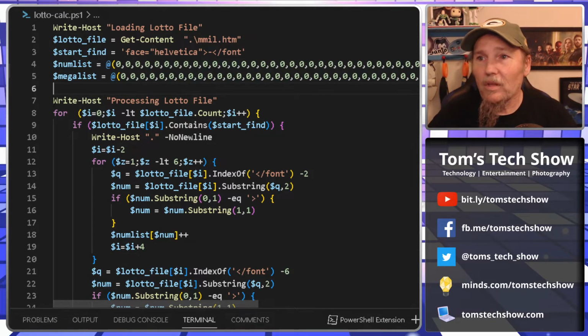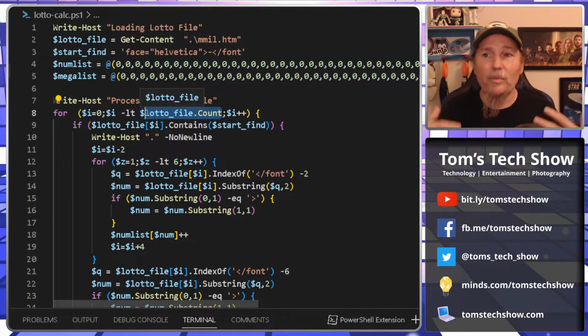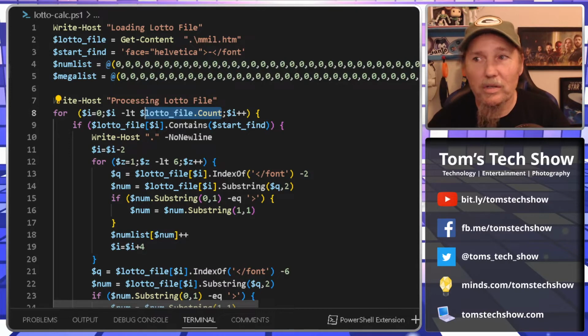Okay. So now we're going to write that we're processing the file. Okay, so now we're going to loop, right? We're going to do a regular for loop here. So we're going to do for i equals to the count of the lotto file, however many records I read in. I'm going to go through the entire file top to bottom, and we're going to just process each